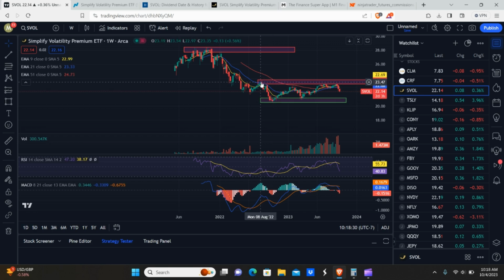So as you guys can see, SVOL has kind of been ranging since this was another low in August, or maybe it was a high, I'm not sure. But the actual low of last year was in October. So as you guys can see, it bounced here. And ever since then, even though the market's been moving up, it's kind of just been ranging around. You have maybe a slight upward channel going on here, but it has not broken out of this key resistance